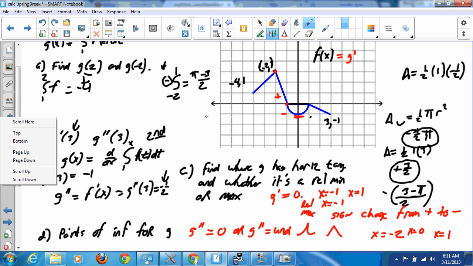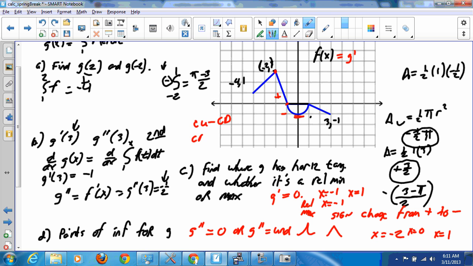A point of inflection is where the concavity switches from concave up to concave down, or it could be concave down switching to concave up. So basically we're looking for a sign change. Let's take a look at our first cusp, our first sharp corner. The slope of this G prime is a positive tangent line, and then on the other side we have a negative tangent line, so it goes from concave up to concave down. So x equals -2